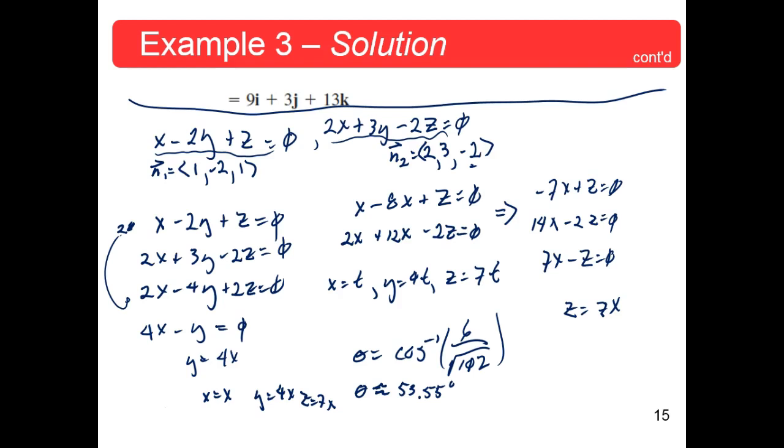They went a different way, but they got x equal t, y is equal to 4t, and z is equal to 7t. Okay? So plug in a simple number like 1, and you get 1, 4, 7. Those would be your direction numbers for the line of intersection. Okay? Now,